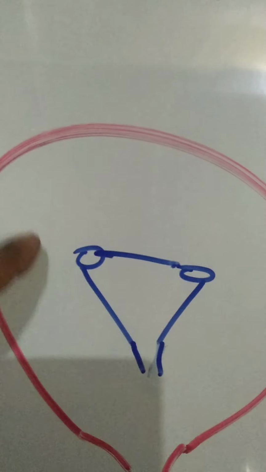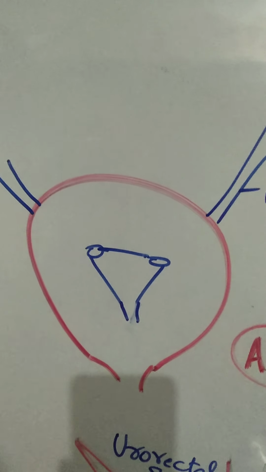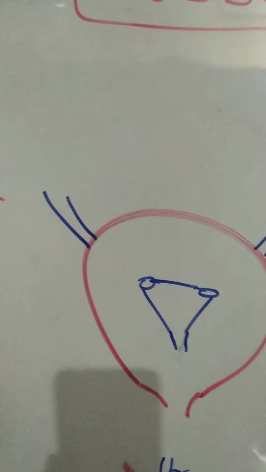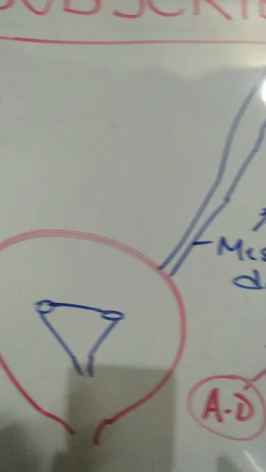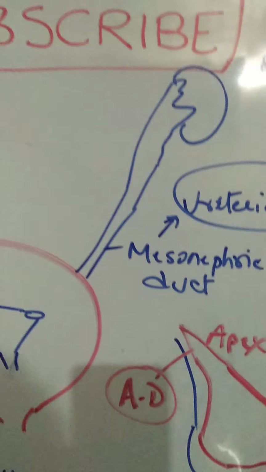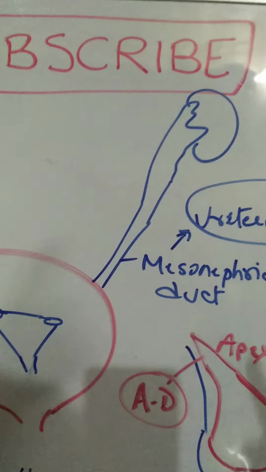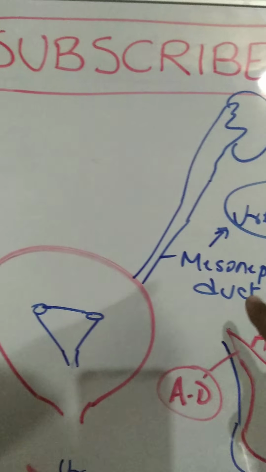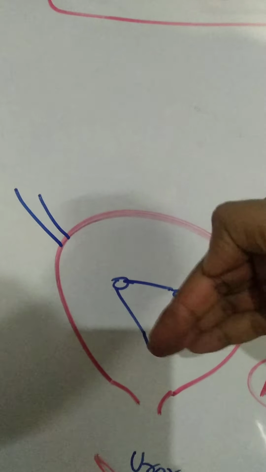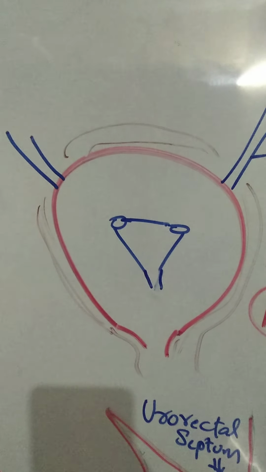The other is the trigone of the urinary bladder, a triangular area in the posterior wall of the urinary bladder. This trigone is developed from incorporation of these ducts, which are called mesonephric ducts. Subsequently, the upper portion of these mesonephric ducts will give rise to the ureteric bud, which grows upwards towards the kidney. That will form the collecting system. But these mesonephric ducts, in the form of an S shape, will get incorporated into the posterior surface of the urinary bladder, contributing to the trigone of the urinary bladder.